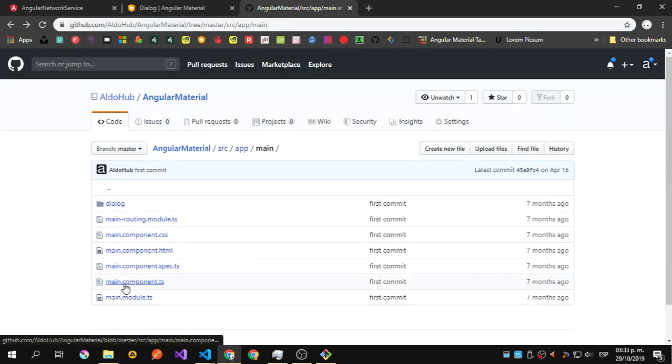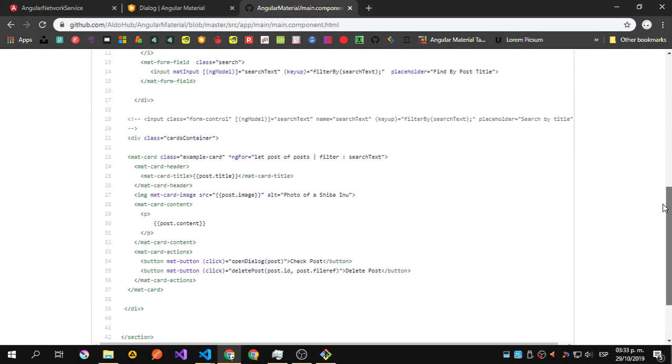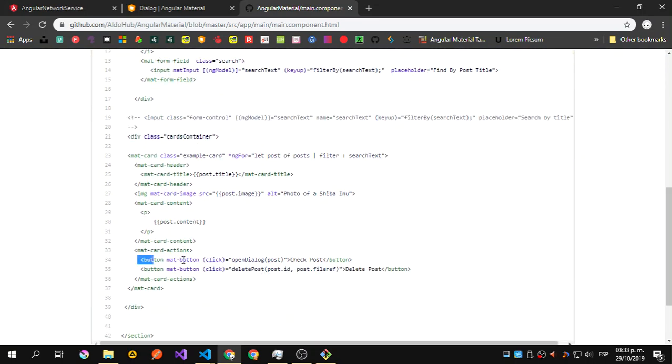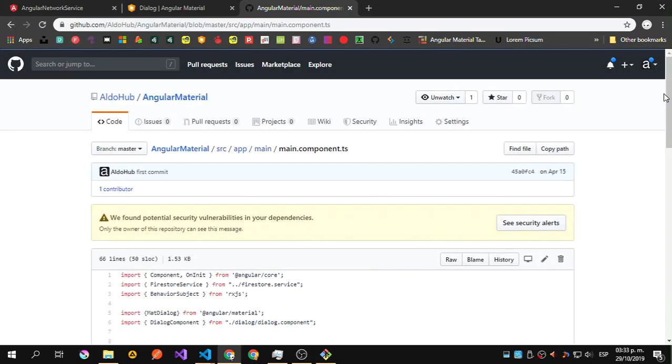HTML, because this one is working with a button that when we click this button, the post that we have received from the Firebase database is going to be added into this open dialog. So what we're going to do then